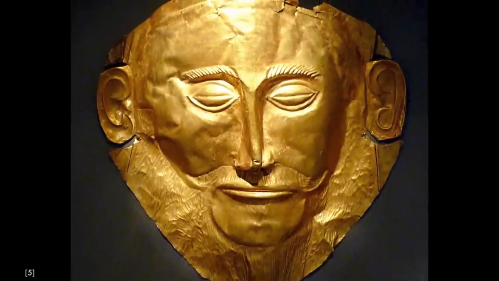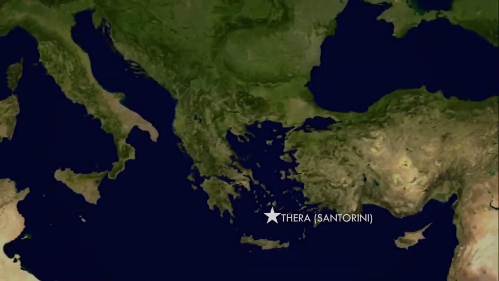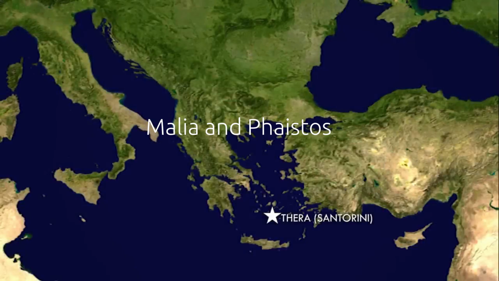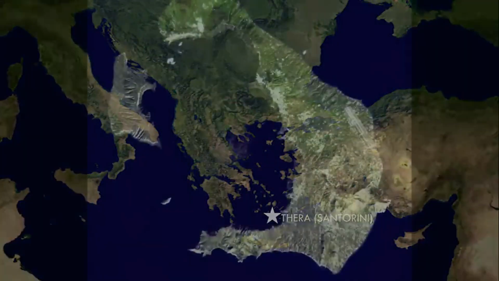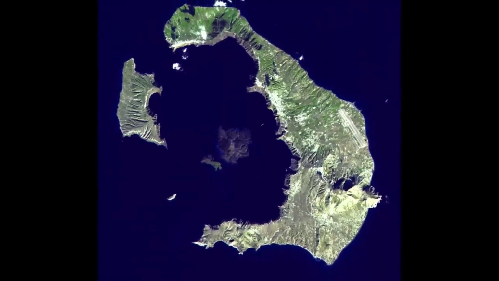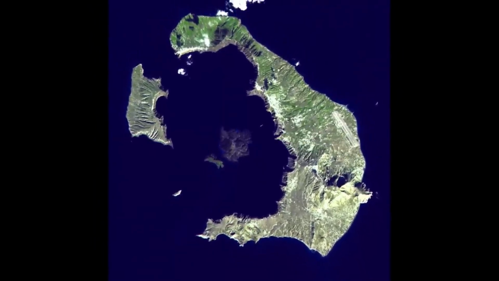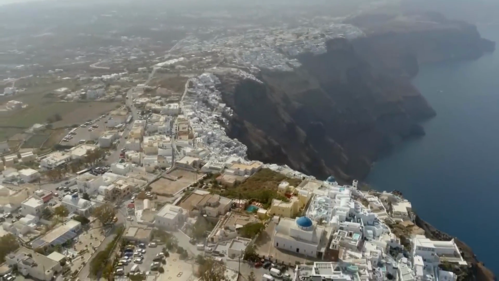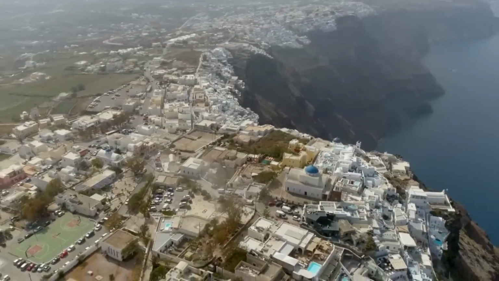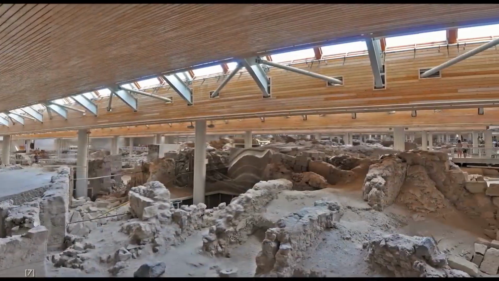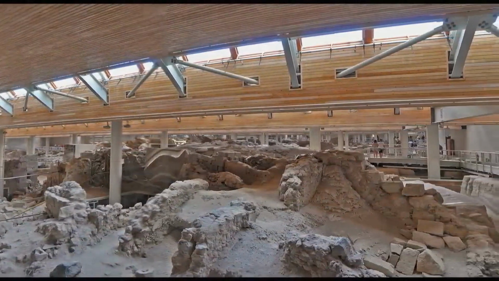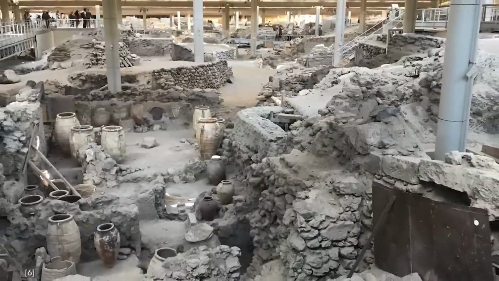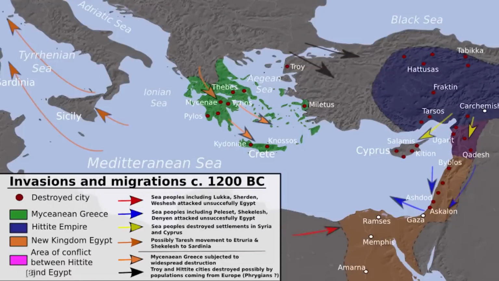There is also, in addition to Knossos, evidence of settlements in places such as Malea and Phaistos. In general, we could say then that the settlements in the early Bronze Age, before the more expansive palaces were built, are of a more modest character to what we later observe. That is not to say that this was not a civilization in growth. For example, in terms of structure, we see the construction of a cluster formation of small villages or hamlets. The houses here were typically constructed of mud bricks or stone, where we don't see large central buildings surrounded by large communal spaces, which again gives some insights into the fact that we are dealing with a less complex social organization than we observe in later times.